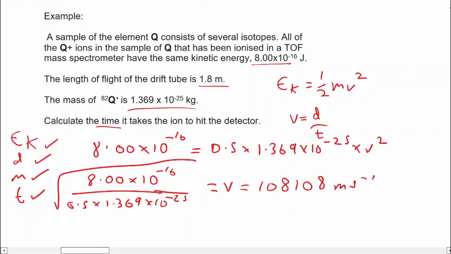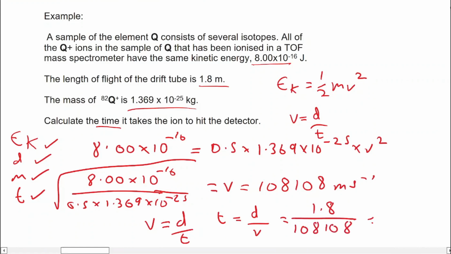It's the same ion being involved, and it's got the same kinetic energy, so its velocity is exactly the same. But now we're just going to do V equals D divided by T, so T equals D divided by V, which is 1.8 divided by this 108, and we're expecting a very small number here. So 1.8 divided by velocity equals